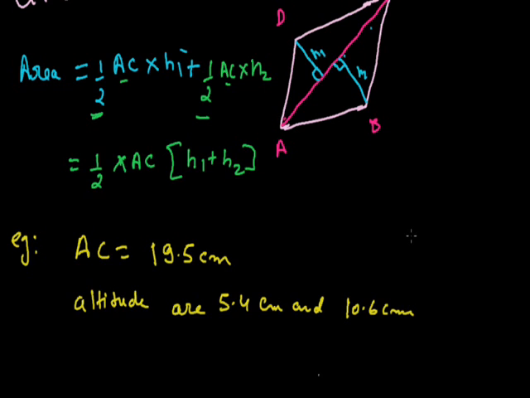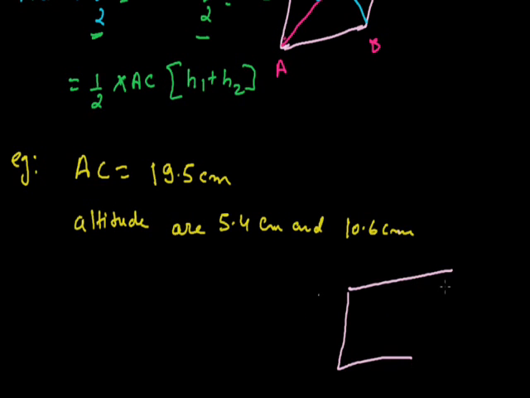That is, if we are given a quadrilateral ABCD, then the diagonal AC is 19.5 centimeter and one of these altitudes is 5.4 centimeter and the altitude from this vertex is